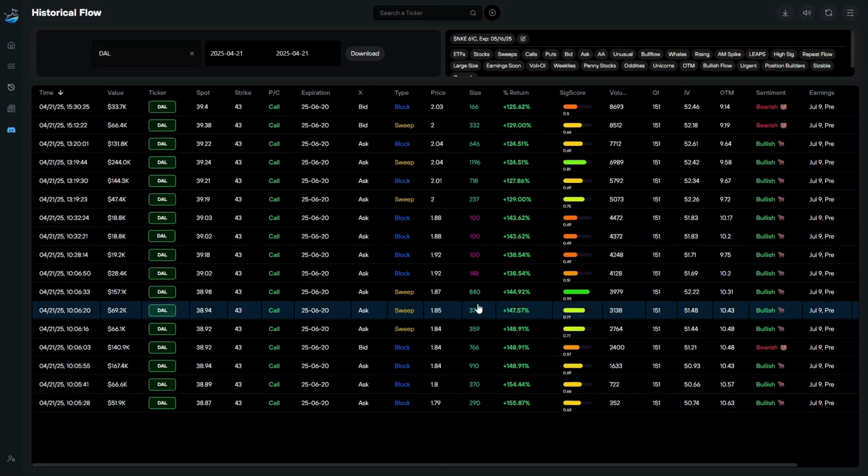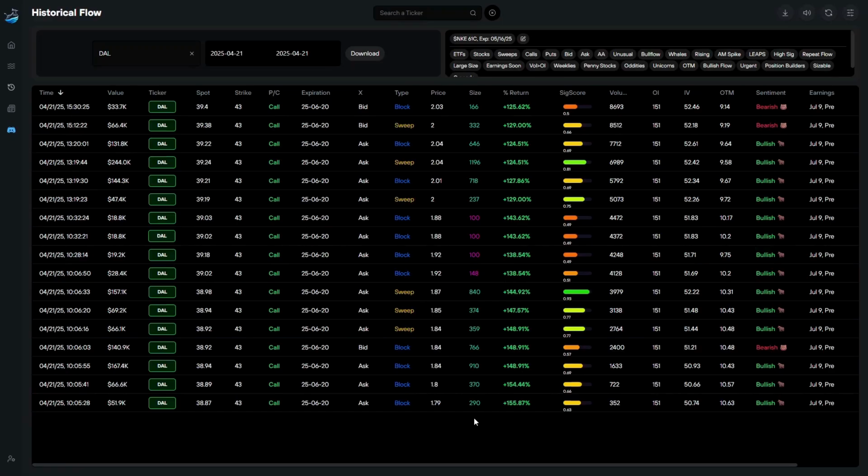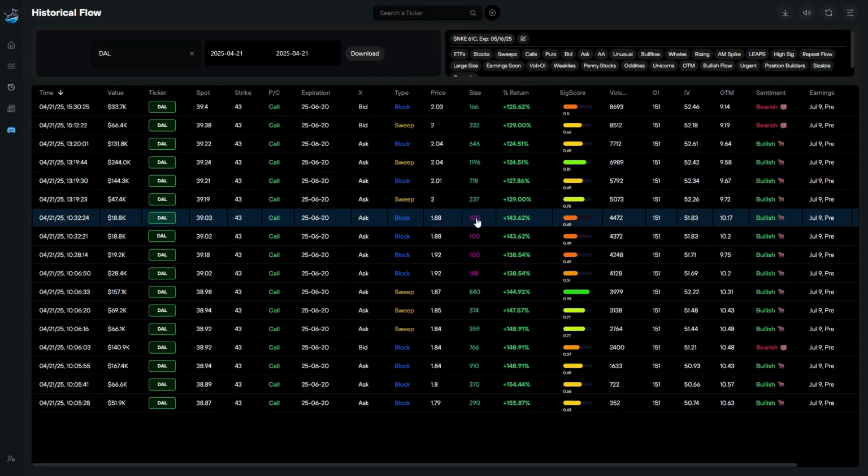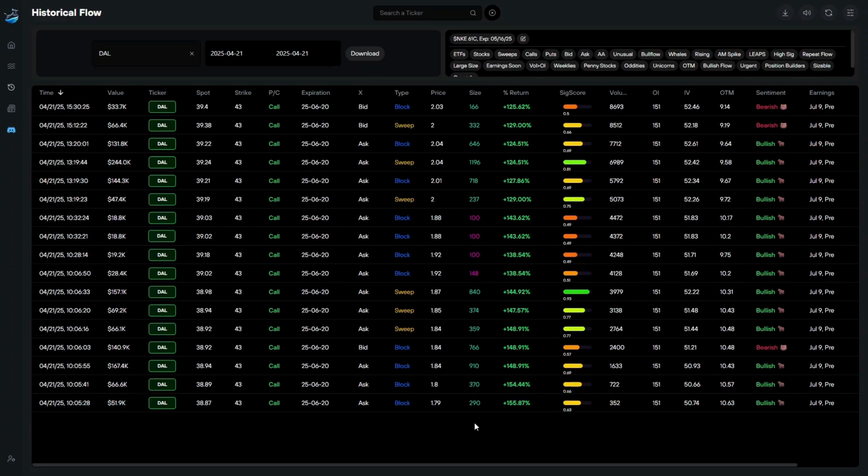The other thing I like to look for is the size column here. I want to see that the volume traded that day is exceeding the open interest. That means there's an increased activity in that particular contract relative to what's been open prior to that day. And this size column, being green and purple, is telling me that the volume of these trades is exceeding the